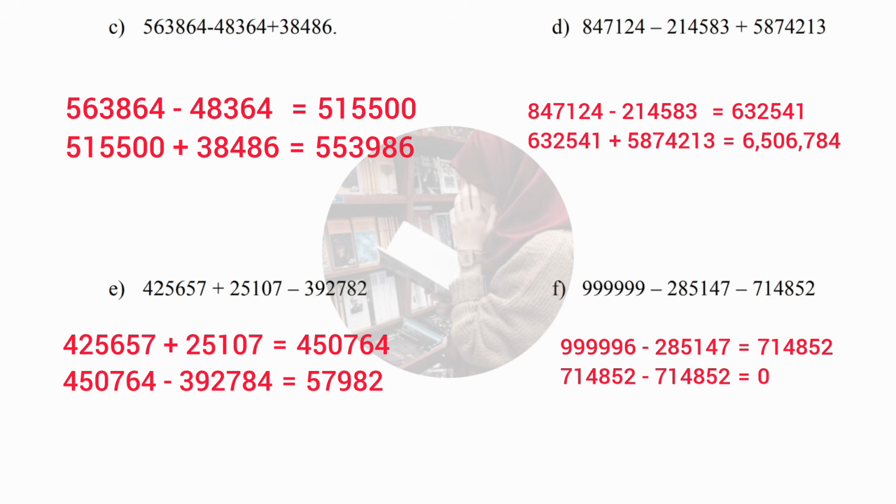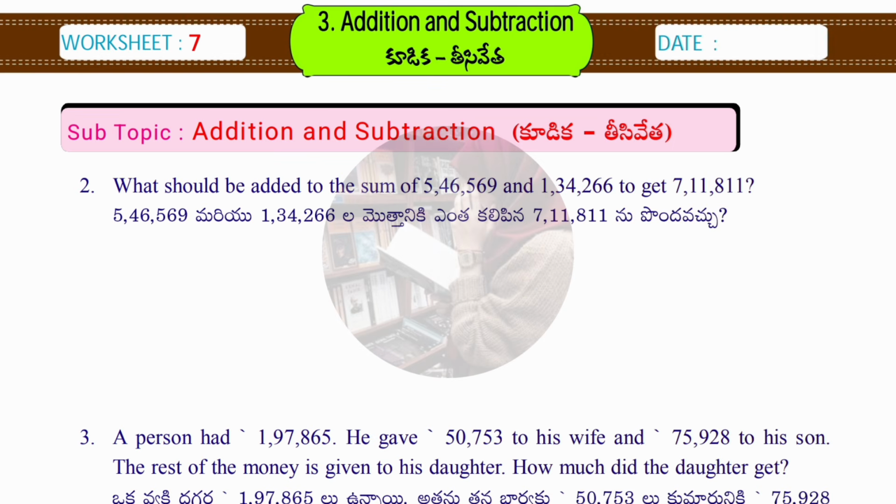Let's move on to the second question, which is what should be added to the sum of 5,46,569 and 1,34,266 to get 7,11,811. Let's see the answer. First we'll do the sum of first two numbers. Okay, means we have to do the addition of 5,46,569 and 1,34,266. We'll get the answer as